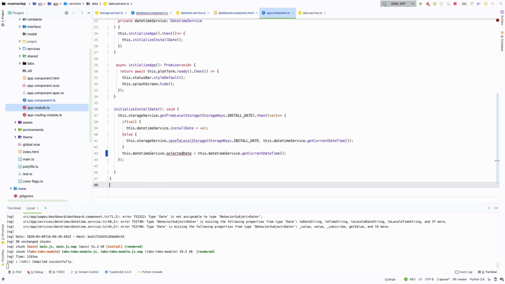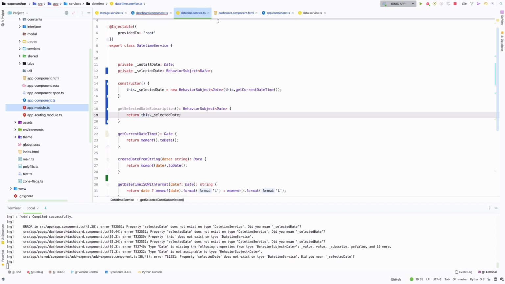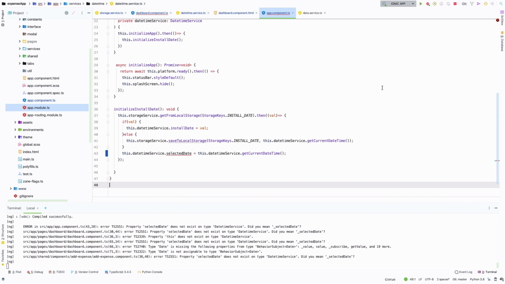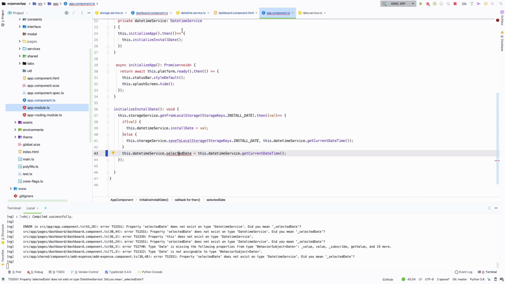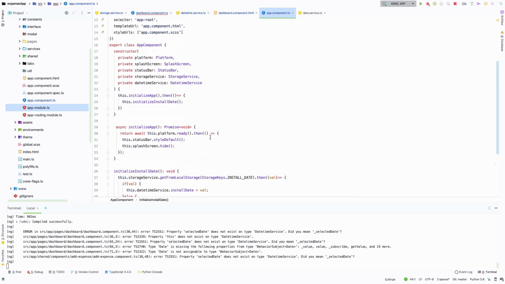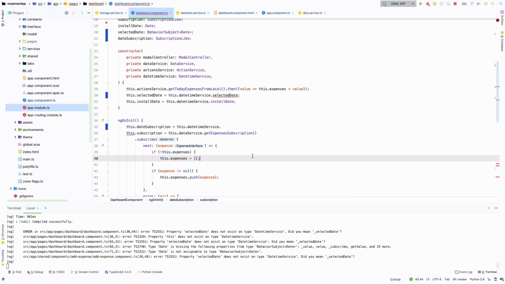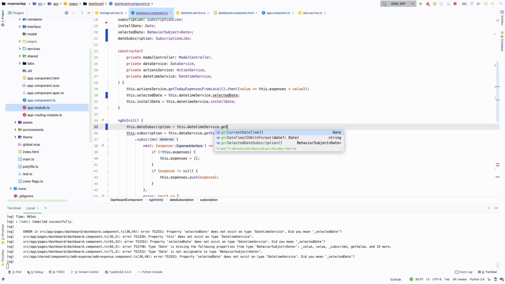Yep, that's looking good. Now first, let's go and fix some stuff in app component. Now when we create a behavior subject, we don't really need to set this date on initialization time. So we got rid of this bit, and now we're gonna go to dashboard component, and here we're gonna use get date and time